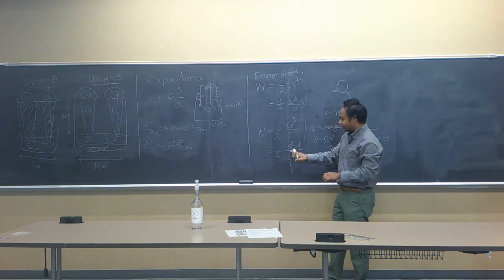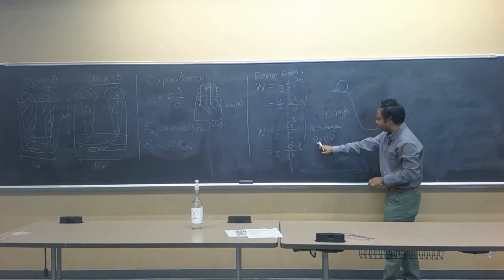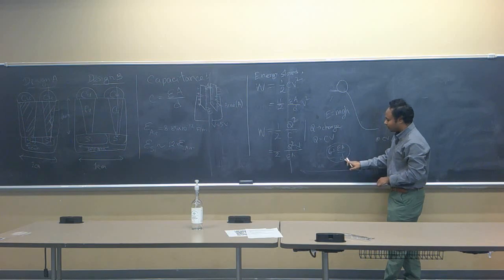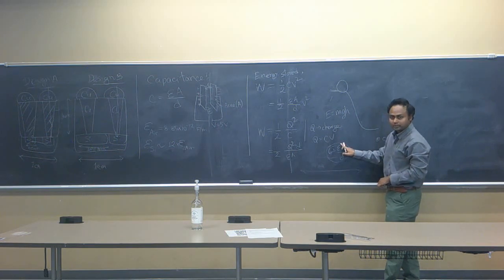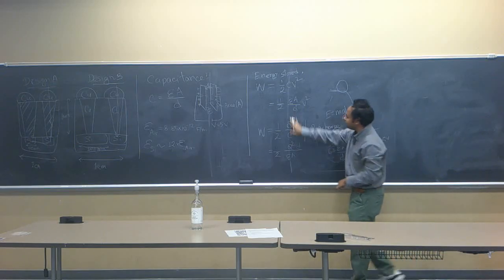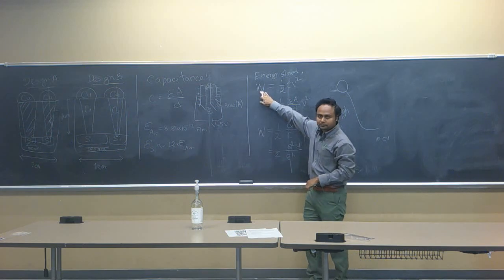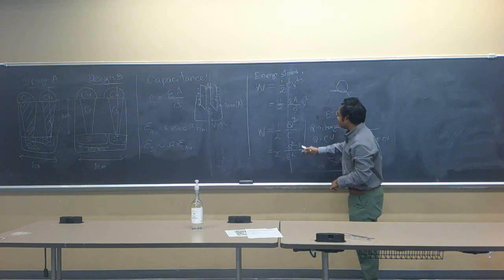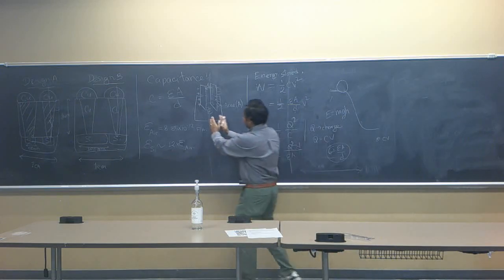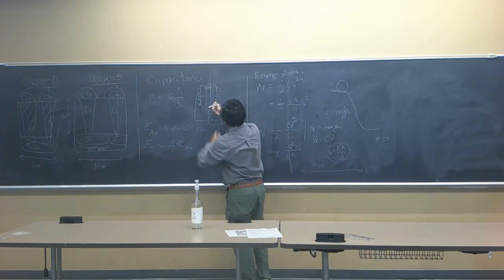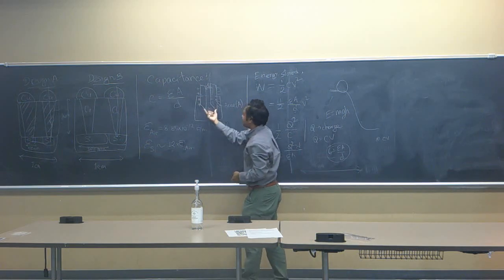And if you do rely on it, it's okay, you just have to take care of the fact that Q is going to change, because Q is CV, and C is equal to epsilon A over D. So Q is also going to change. If you take care of that, then you will reach the same answer: yes, increasing D would reduce the energy. Okay. So in the first case, when we kept the battery, because of the battery, the voltage across the copper plates is always going to be fixed.